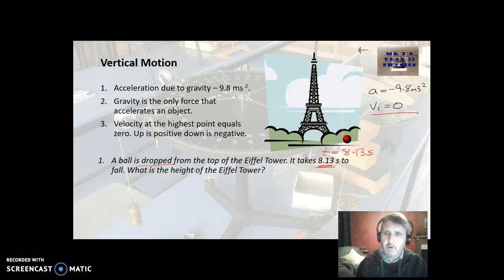And we know as it goes through its journey, as it falls through the air, it is accelerating at negative 9.8 meters per second per second. That is, it's accelerating at 9.8 meters per second per second downwards. So I now have 3 quantities that I know. And then I look at what it is they want us to find out. They want us to find out the height. The symbol we use for height is D. Sometimes you'll see that somebody writes an H in, but D is the symbol we're going to use